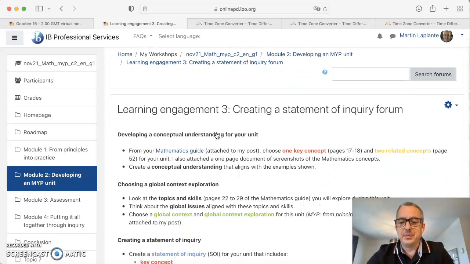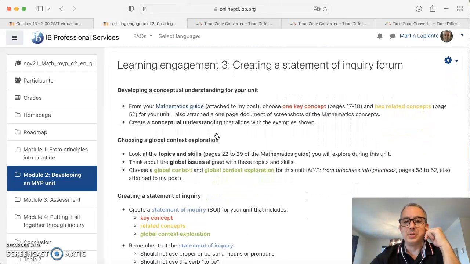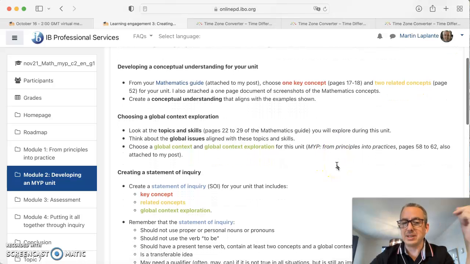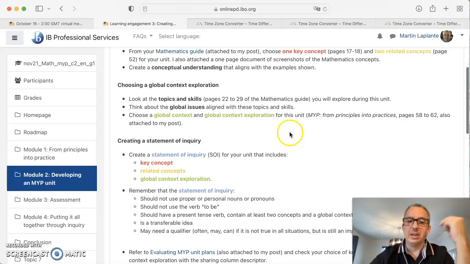So as you've seen, we are choosing a context, the global context, and we are also choosing concepts from the mathematics guide. The global context and the global context explorations are in the MYP: From Principles into Practice. I attach all these documents in my post.